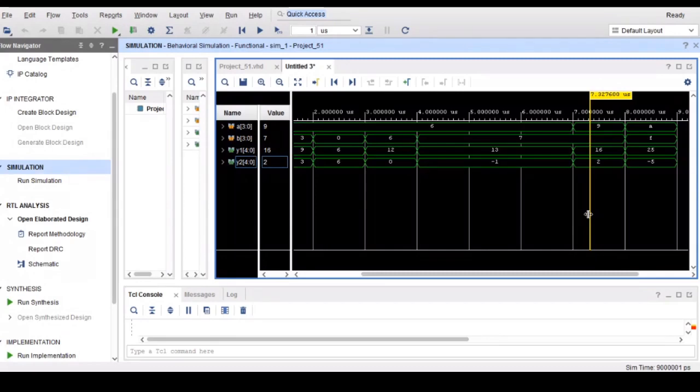How did you feed the input? You tell me. F of you applied or what? 0 F. A and F. A 0 and A. F. Type 0 A 0 F. Okay, okay. Or you give binary input. Type 0 A 0 F. Okay, I'm trying, sir. The way you feed the input will give you the result. Vivado will never make a mistake, man. FPGA and Vivado will never make a mistake. We only make the mistake.